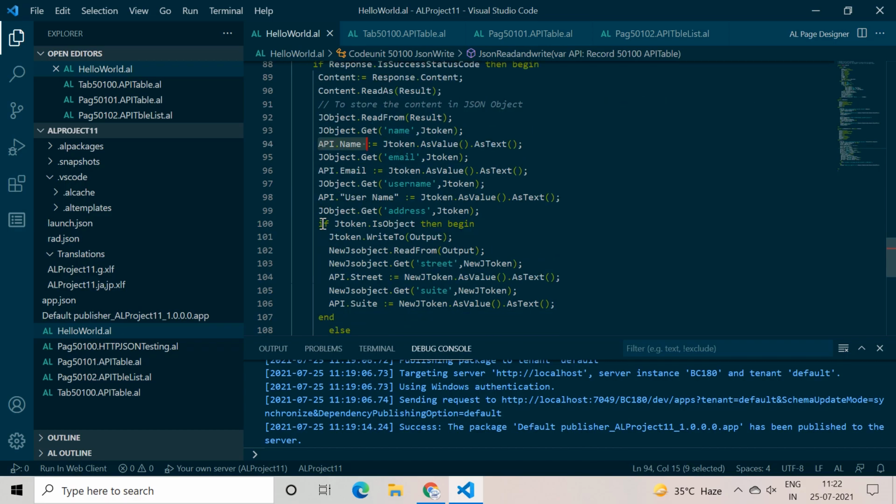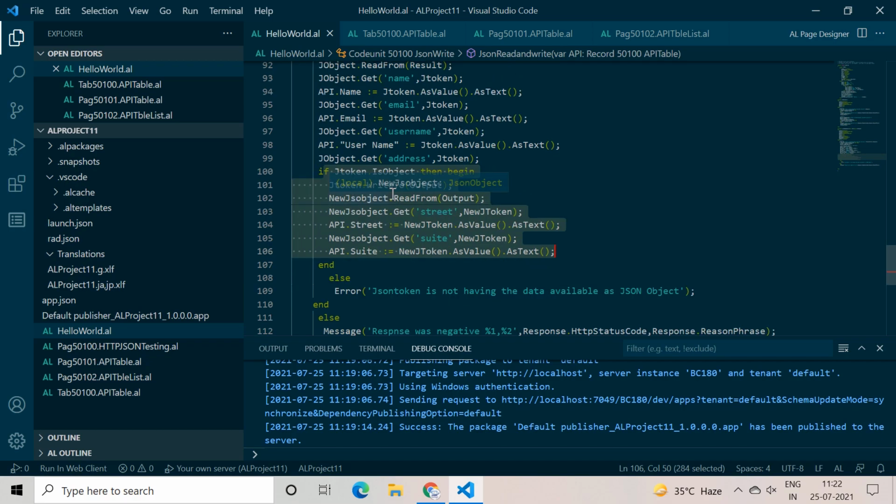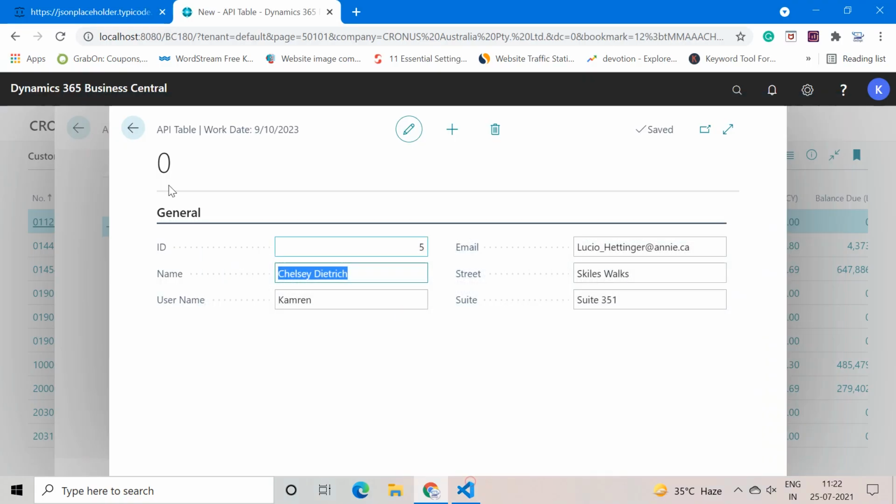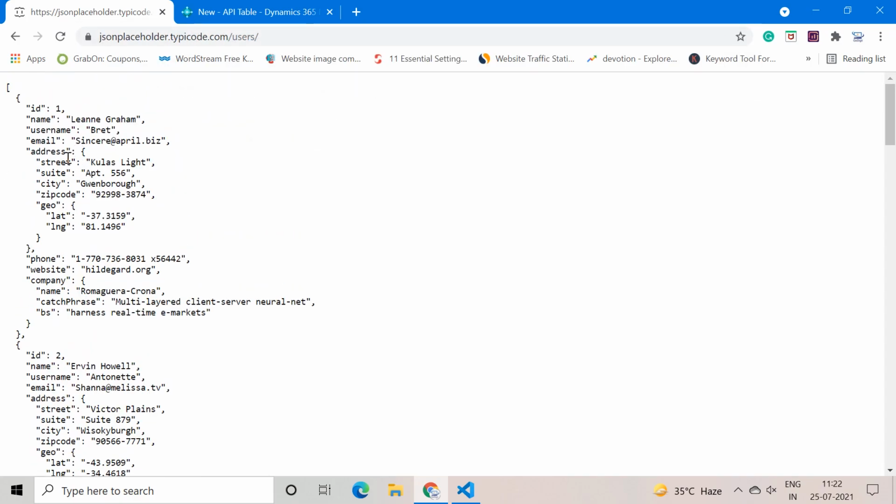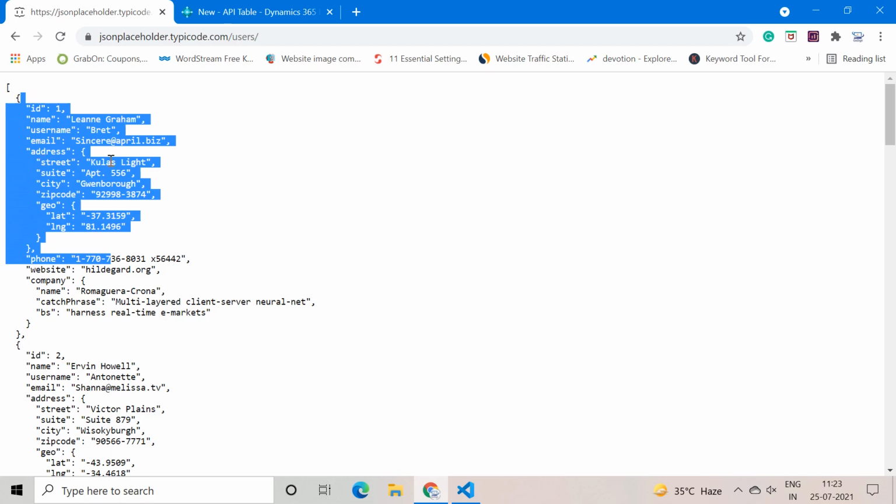But only in this case, I took a different JSON object, because as I told you, the street and suite were not part of my main JSON object but part of the address.